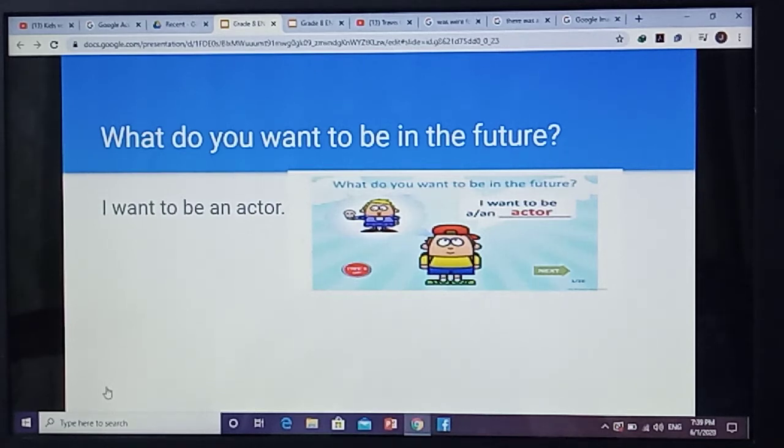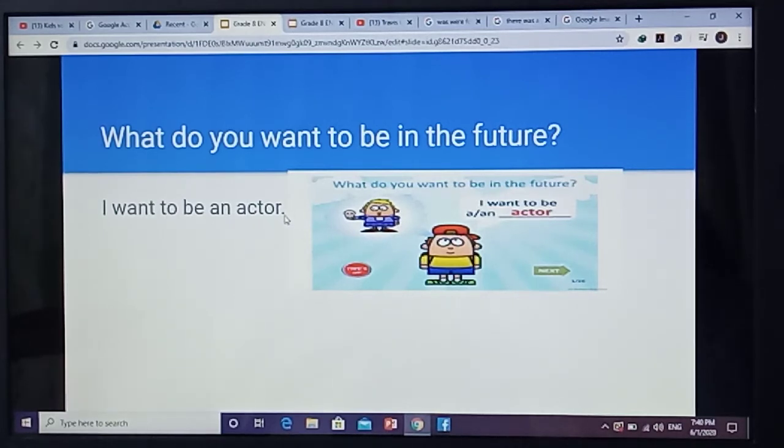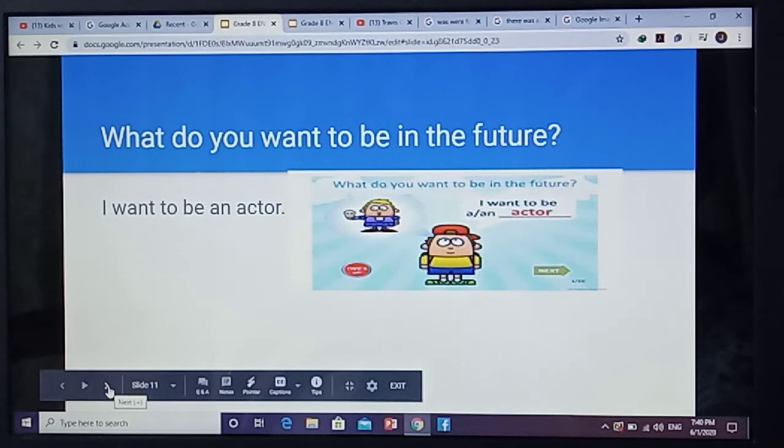you have to use an because, you will use an if the first letter of the noun starts with a vowel. So the correct answer will be, I want to be an actor. So now you better think, what do you want to be in the future? Next,